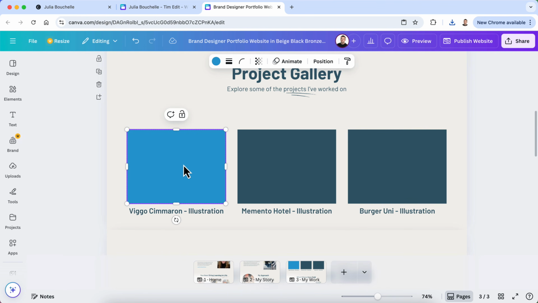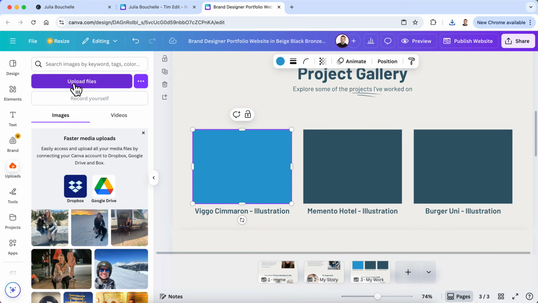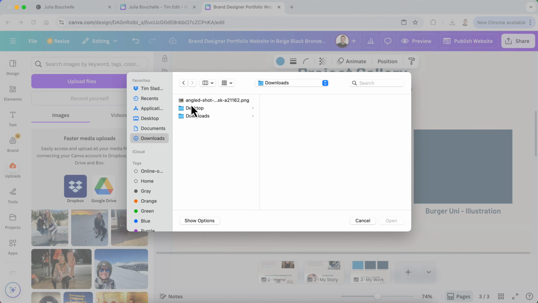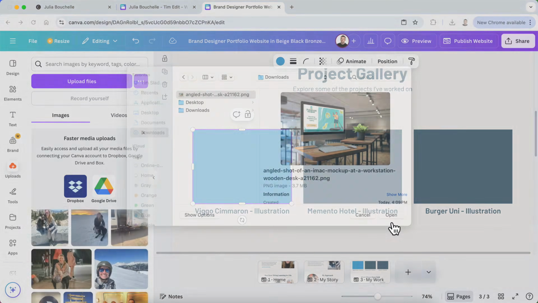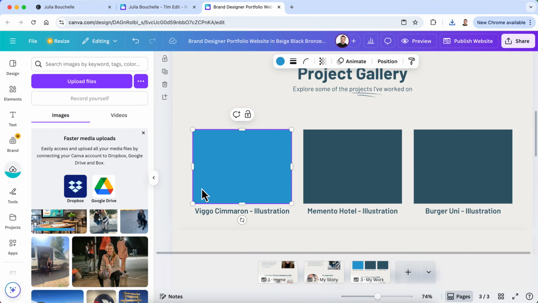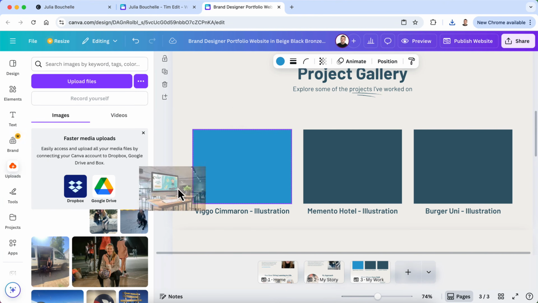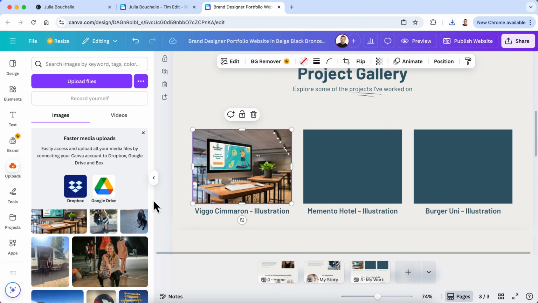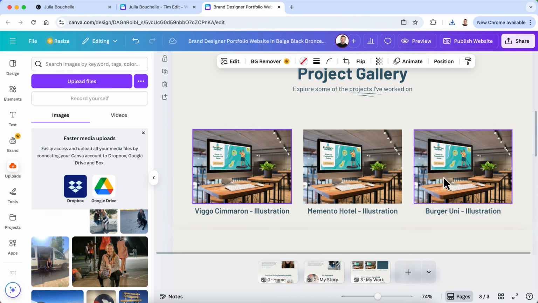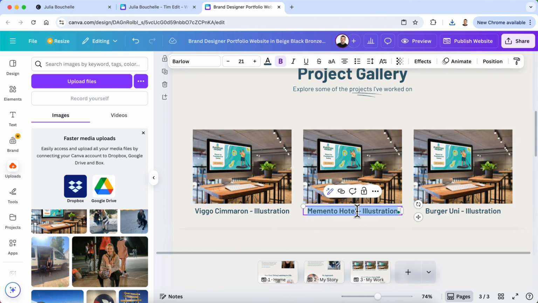So what if we did this? Let's just see if I can upload it. Upload files, downloads, here's that, okay? I don't know if this is gonna work, but I'm just gonna try throwing this image in here. See, it works. How amazing is that, right? And we're gonna pretend that these are, we're just gonna do this here. So it's expandable, right? And we'll do